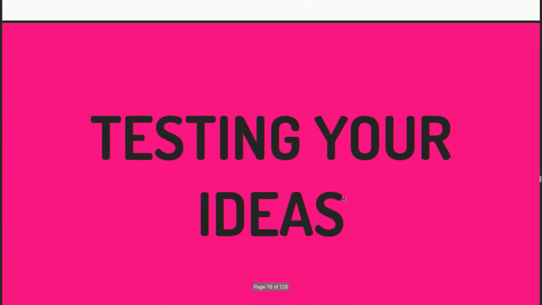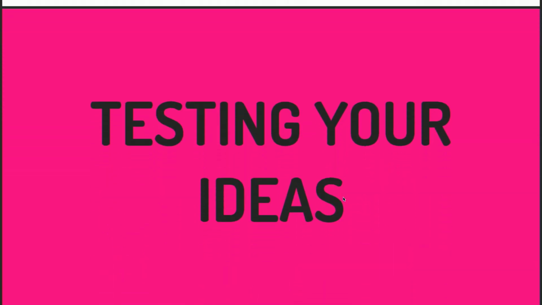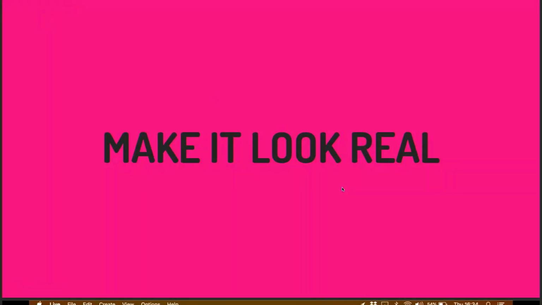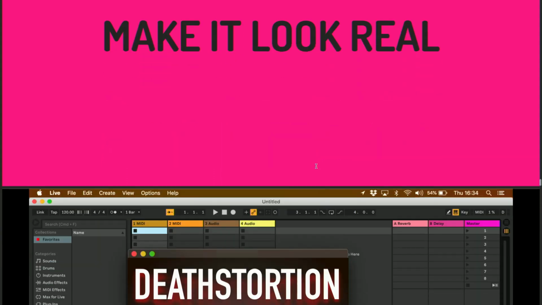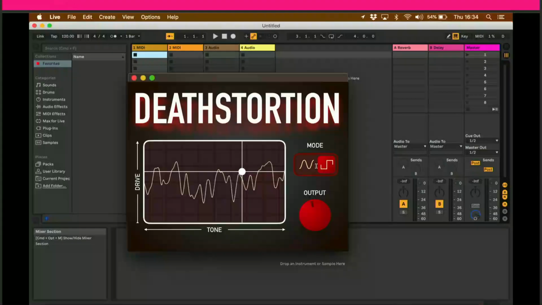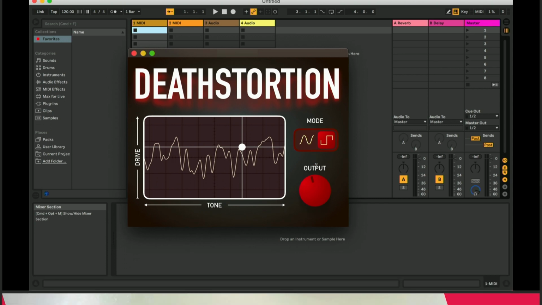So now, really important, we talked a little bit about testing, but now I want to say a really important thing about testing things when you get to this level of fidelity, which is to try and make it look real. Clearly these prototypes aren't doing anything, they're just bloody drawings. But if you take a screenshot of Ableton and stick your app on top of it, it gives you an idea of what it will look like in situ,